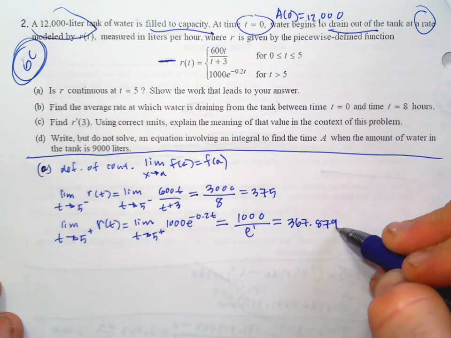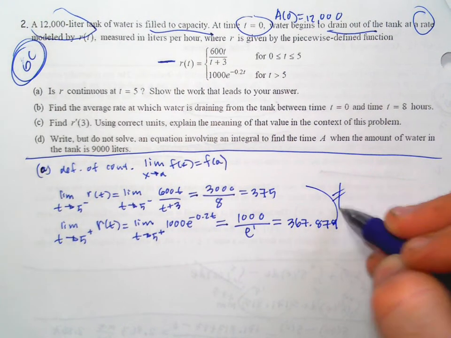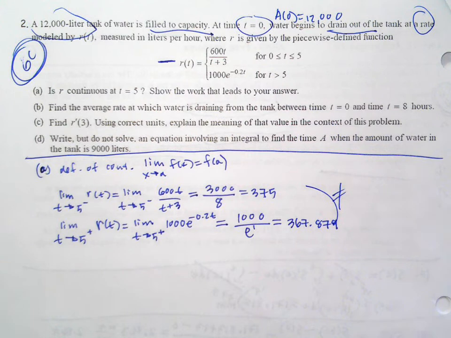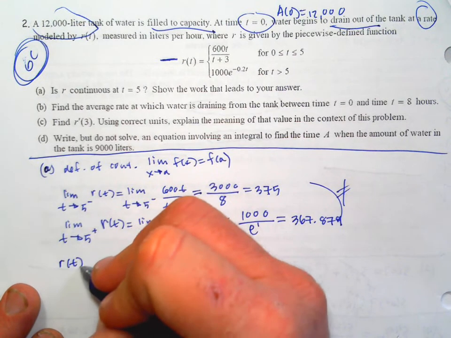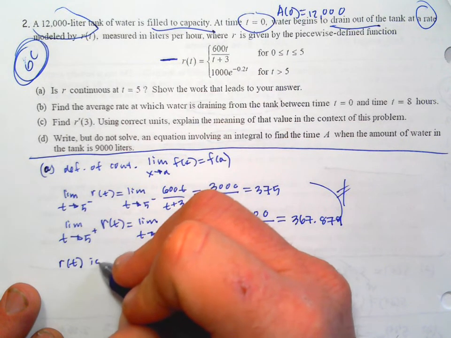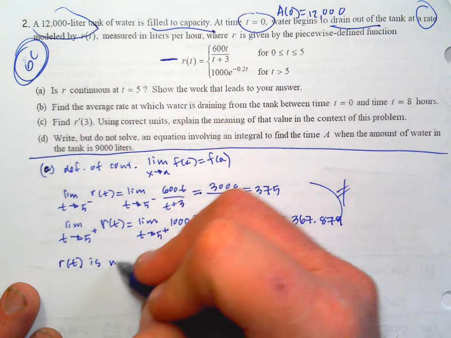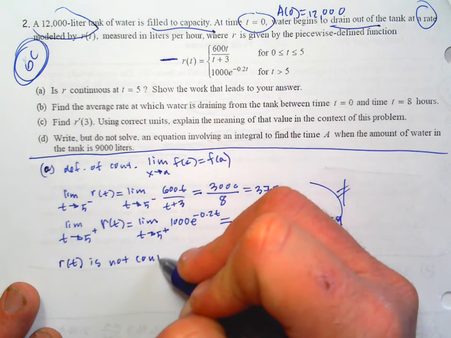367.879, and these don't equal each other, so the limit doesn't exist, so there's no way for it to even be continuous for sure. Both sides are approaching different values. That's enough. If those were the same, we'd have a little more work to do. But we'll say R of t is not continuous